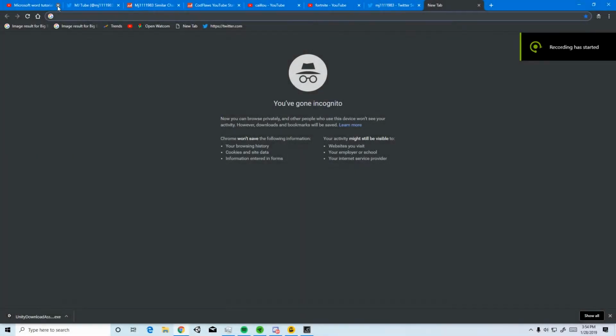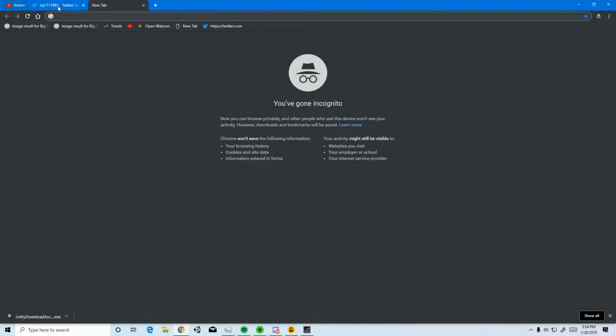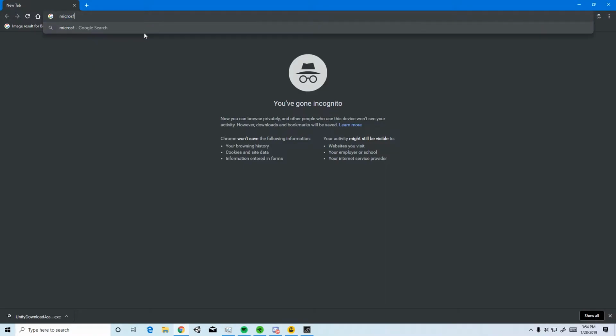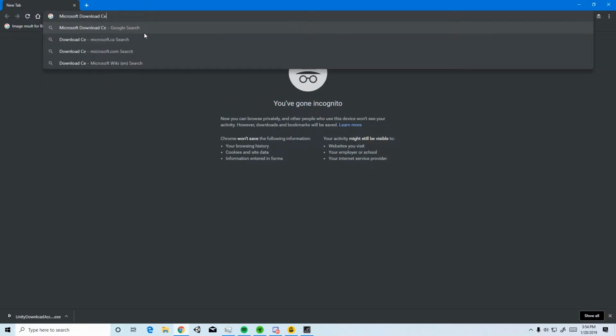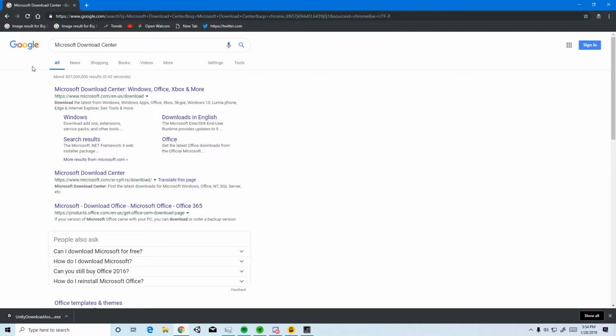These tabs first. How to download, how to fix all DLL errors. Now you want to go to Microsoft, you put Microsoft Download Center. Here is the Download Center. You want to press download,